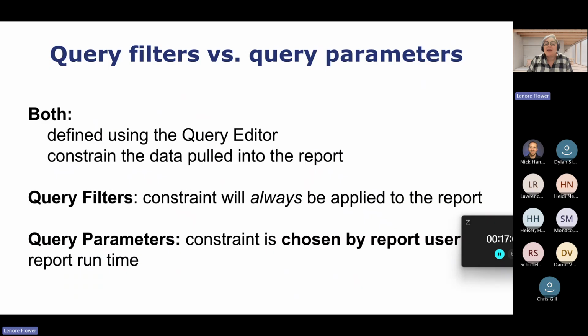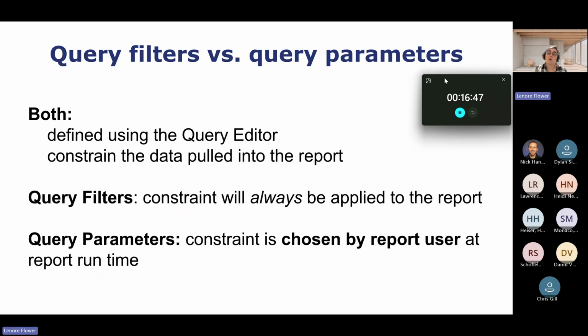A key source of confusion that often comes up when you're building a paginated report is that there are query filters and there are query parameters. And in the query design editor, they're assigned in the same spot. It's very subtle how we distinguish between the two. But it's important to know the difference both in terms of what you're trying to accomplish and how you communicate that to the paginated report tool. So a filter is something that you're going to define at the report level within that query. It's not going to change based on what people select on the front end.